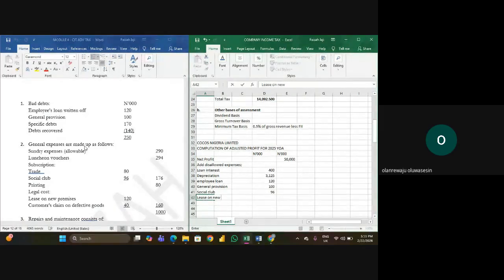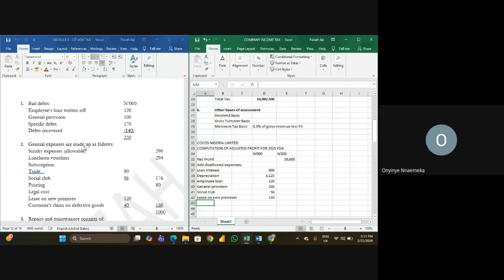When we have a lease, there's an IFRS for lease, is it IFRS 16? I cannot remember the IFRS that covers lease. So you add up everything, and we have the way you treat it under IFRS 16. So it does not fall as an expense, rather